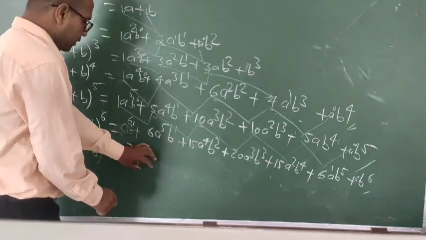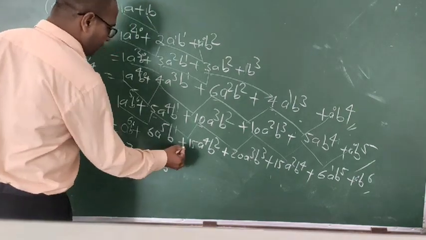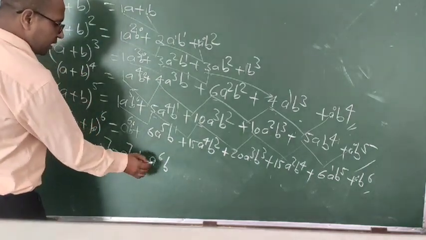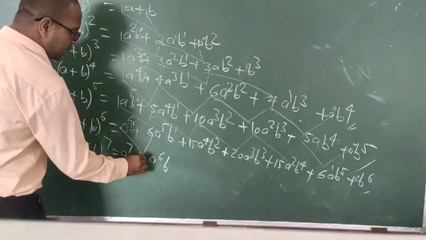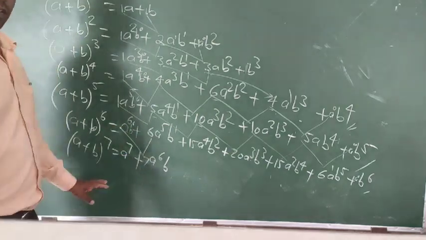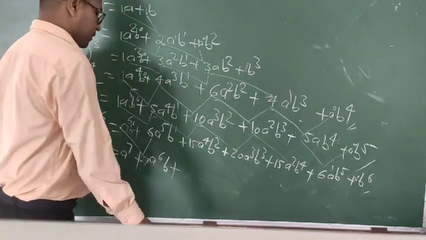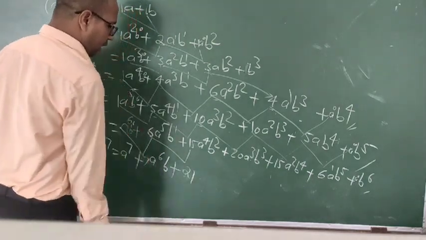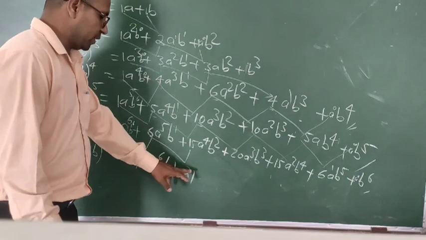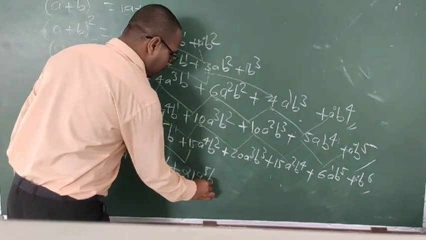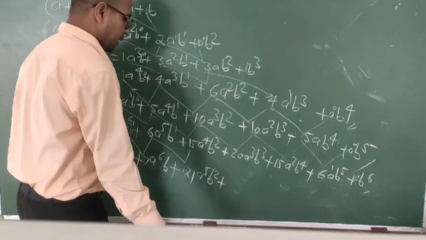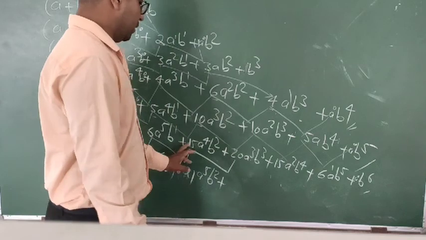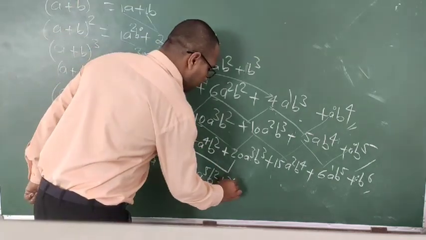If you want to write down this part, a to the power 6, you will get b. What will be the coefficient of this place? 6 plus 1, just add it here, 7 you will get. Again, 15 plus 6, how much are you going to get? 21. And a to the power decreasing, b to the power increasing. So a to the power 5, b to the power how much? 2. Again, 15 plus 20, just add it and write down here, 35. So 35.